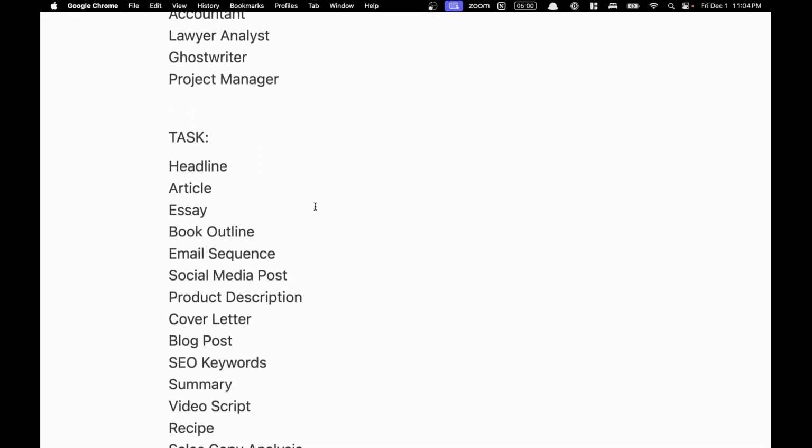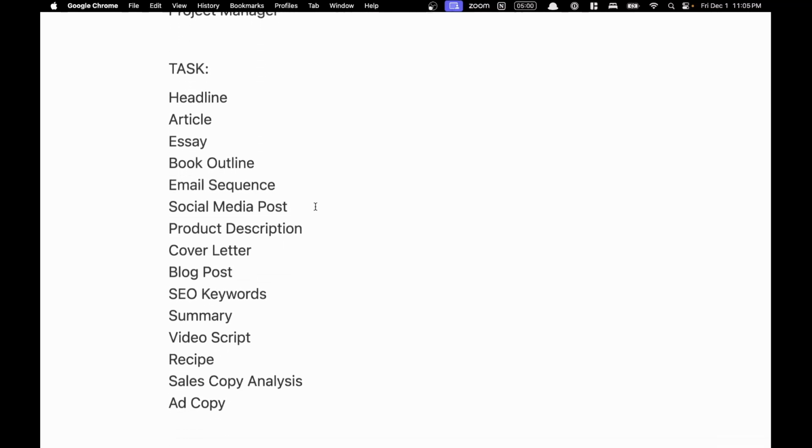And then what are some ideas of tasks that we can give it? Hey, write me a headline. Hey, you are a marketer, write me a SEO article about haircuts. I have a barber client, so that's why my mind's on haircuts and barbershops. Write me an email sequence to get customers to come back for their second or for a birthday haircut.